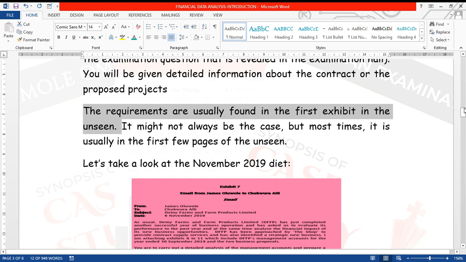So you cannot say, okay, let me check the first few pages, right? If you don't find it easily or you are confused as to where it is, because the question can be more than 10 pages, 15 pages, 20 pages. So it's a lot to check, right? In case you have checked cover to cover and you have still not found where the requirement is, that's why I'm giving you this tip. You just check the first few pages of your unseen, because it's most likely going to be there, right? So that's why I'm giving you these tips.